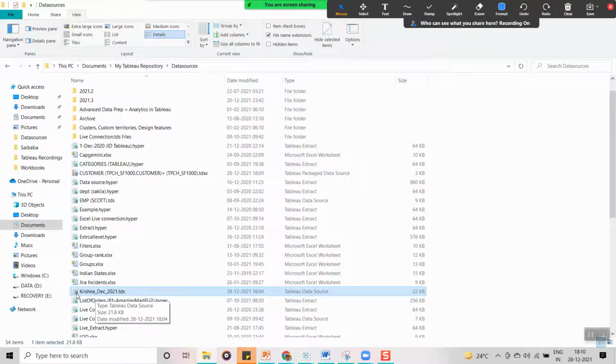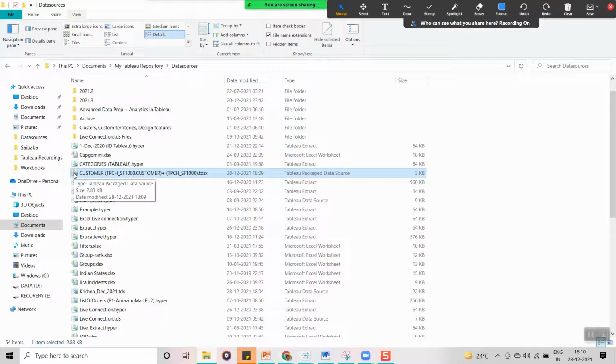And if you see TDSX, the same as the Tableau TWBX file, there is one gray stripe on top of the database symbol. So this is a packaged workbook, and you can see the size is 2.83 KB, and for Krishna it is 21.8 KB.